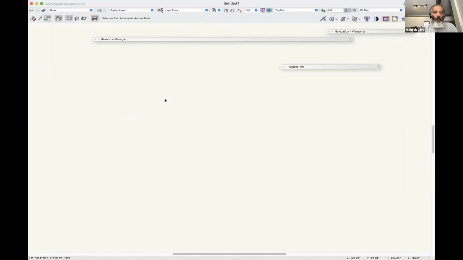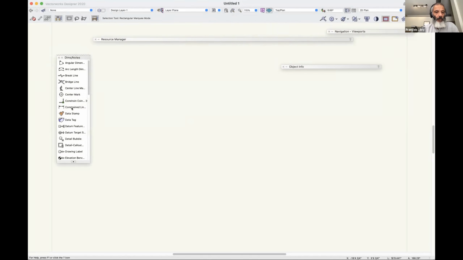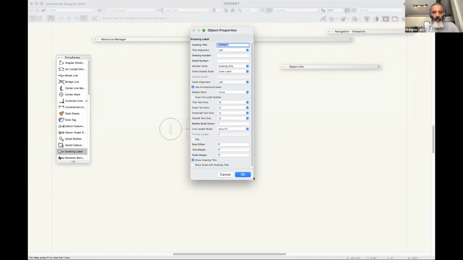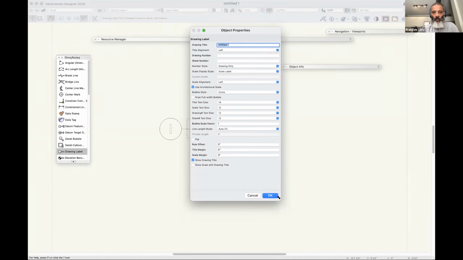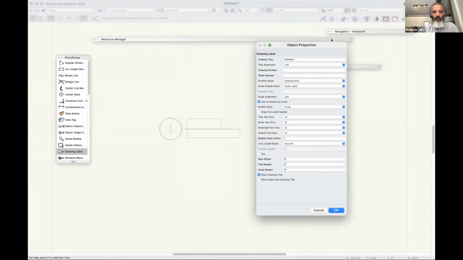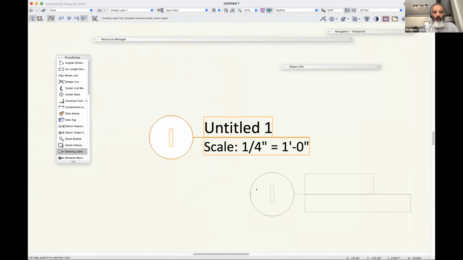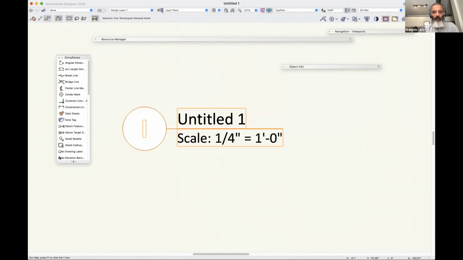There we go. Okay, so this is Vectorworks 2020, the previous version, and I'm just going to pop in a drawing label here, just so we can remember what that used to look like, or for those of you who are still working with a slightly older version. All right, so here's a drawing label in Vectorworks 2020,